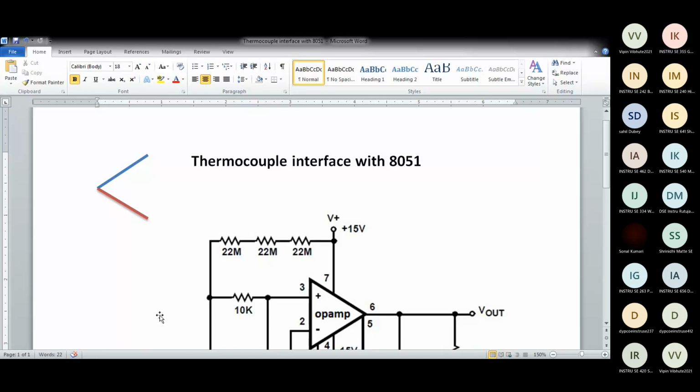Yes, sir. So this joint is called the hot junction. You expose this vertex to some temperature or heat, and at the free end you will get an analog output. So this is a thermocouple. But the output of a thermocouple is very small, in microvolts. So the ADC will not be able to measure microvolts. So in normal thermocouple applications, you have to amplify the signal using an amplifier, an op-amp circuit.